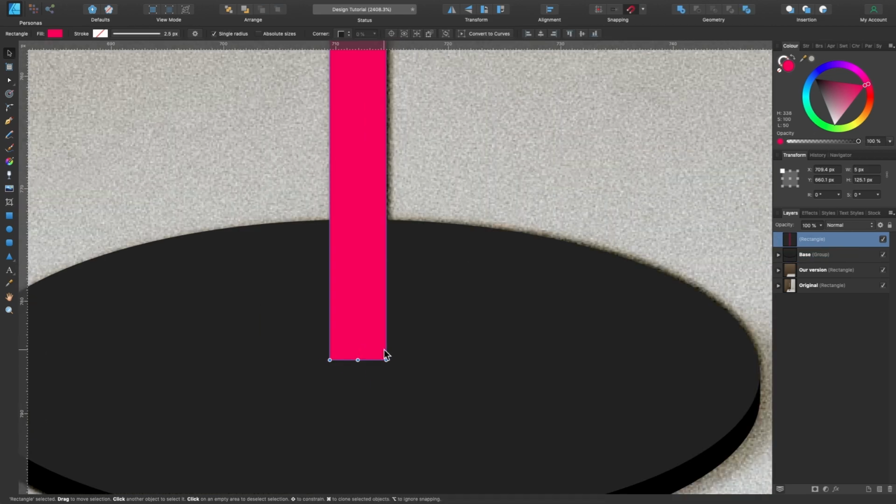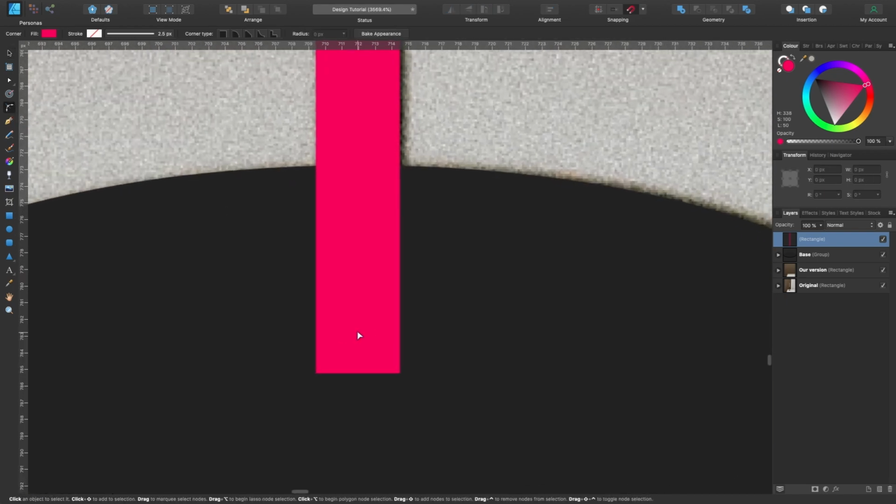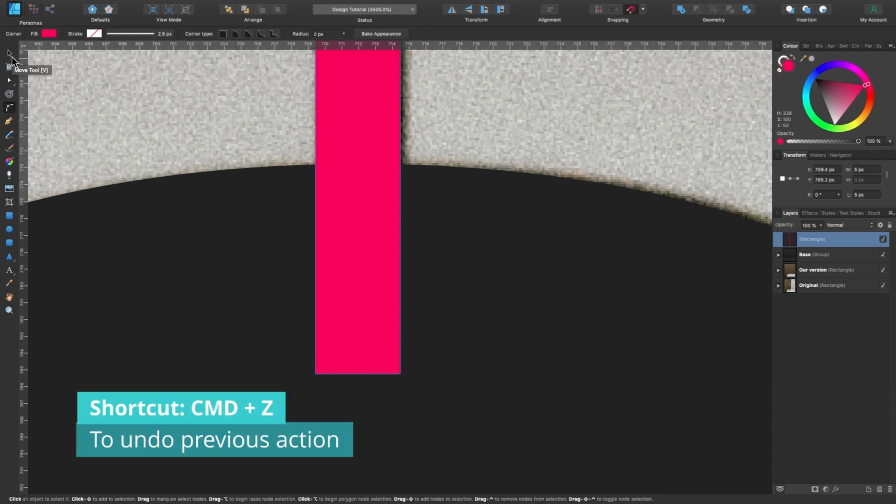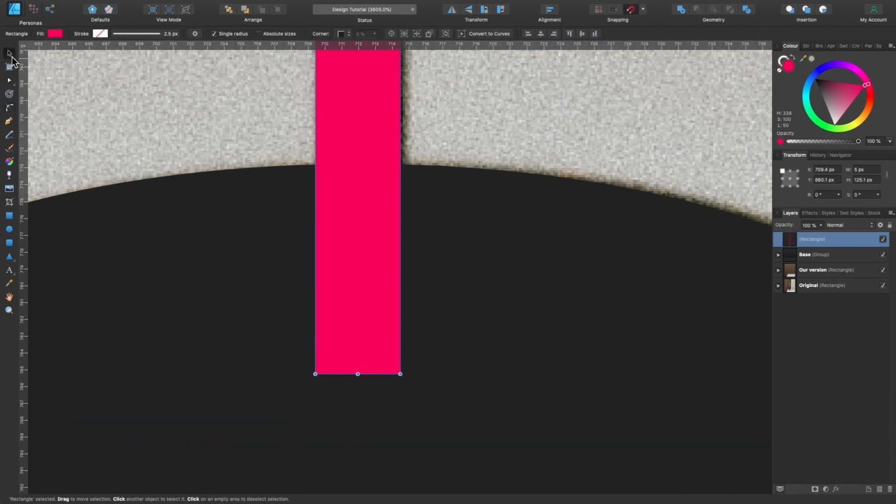If you wanted to round off the base real quick, we're not going to do it this way. You could head up to the corner tool up here, click on that, click and drag over two nodes, and click and drag upwards. It's going to be a bit rounded at the bottom there, but it doesn't leave the sharp edge there that I want. So I'm just going to press Command Z to go back. I'm going to click on the move tool again, and just convert it to curves. Convert to curves, there we go.